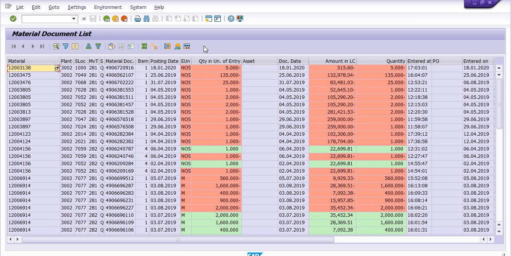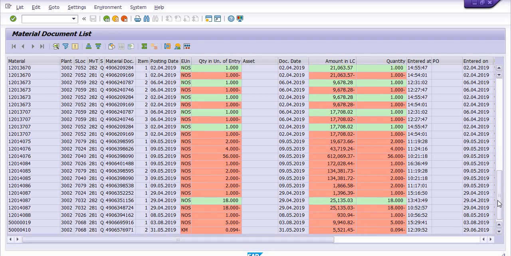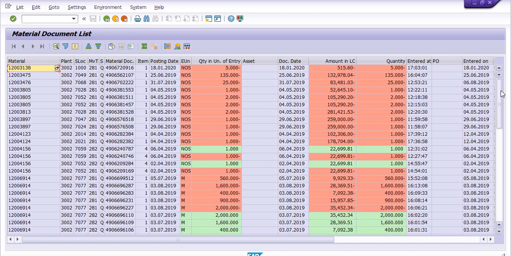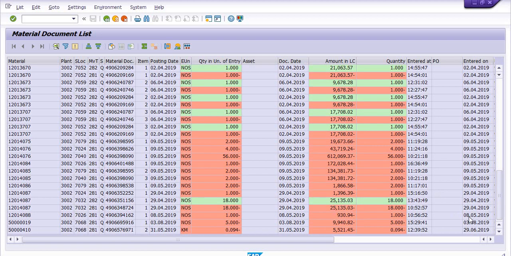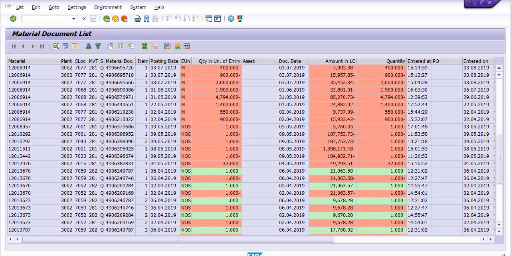Here the system will give you the complete total amount. For example, this 281 movement type is used for this entry 21063.58, then the same reversal is done for 21063.58. Then both the plus and minus entries are knocking off.